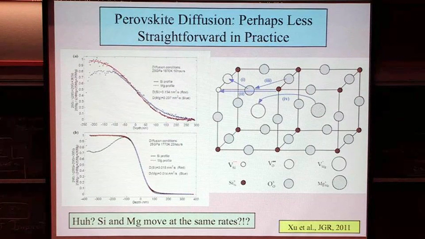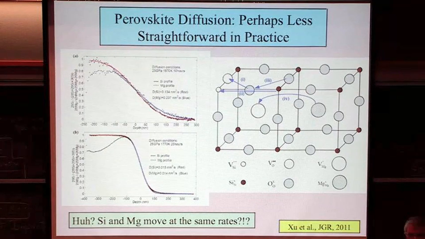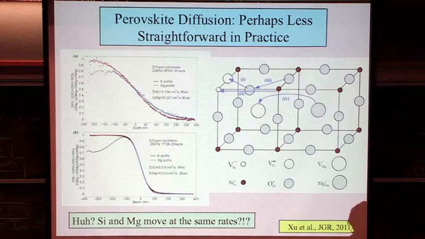But on the flip side, what this requires is a whole vacancy chemistry within the sample to make this stuff diffuse. And so already you're seeing that we're going to have to have some detailed knowledge of the defect structure of materials like this to really understand the diffusion and ultimately the viscosity in the diffusive viscous regime. So this is a messy, messy problem. And it's a problem that's very much in progress at the moment.